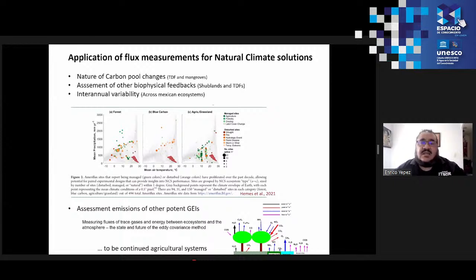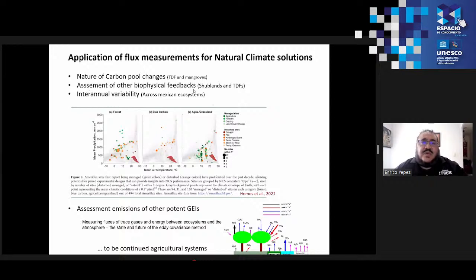And finally, the flux community is starting to debate how we can really move from these monitoring schemes, from this very basic scientific information, to an actual application. We can start seeing that because in forests, blue carbon and grasslands, our observations in Mexico fit a very important climatic region. We can contribute, and we are understanding the fine controls on carbon pool changes. We saw this dramatic example with the TDF being a net source to the ecosystem, or the susceptibility of mangroves to anthropogenic